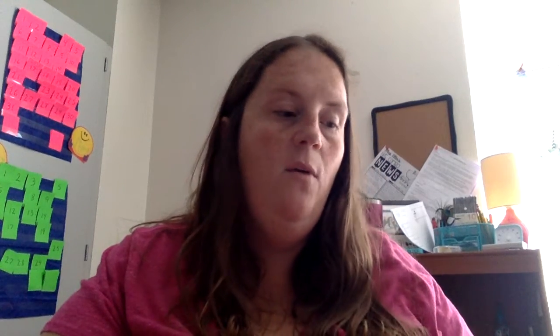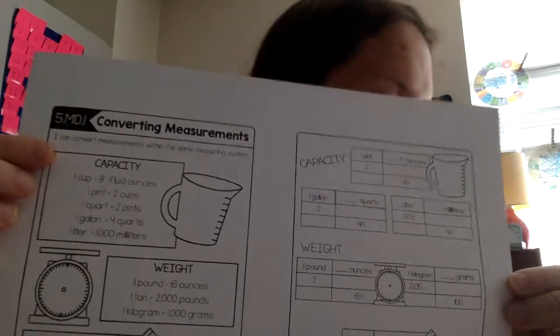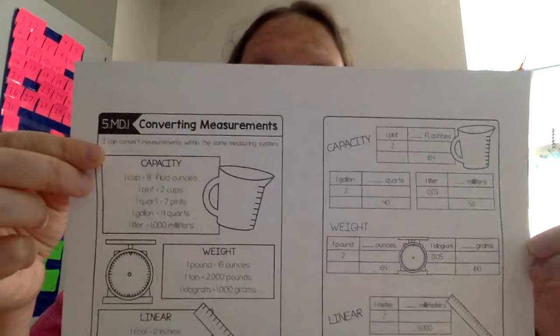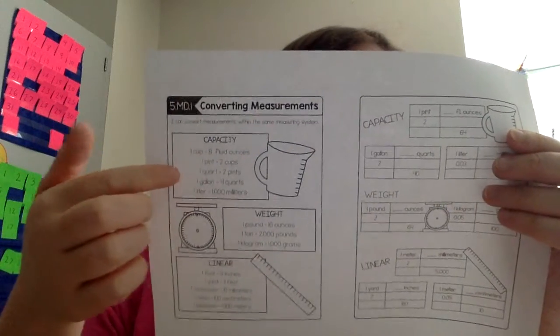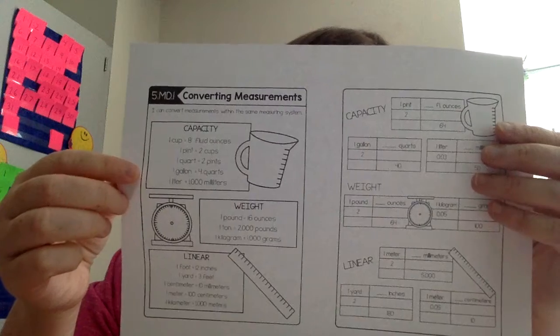All right, boys and girls, today in Notebook Nook, you are going to work on converting measurements. What I'm going to give you, and you will find in the Notebook Nook drawer, is a worksheet that looks like this. You'll see that our I can statement right here says, I can convert measurements with the same meaning. So throughout this unit, we're going to be working with capacity, which is talking about liquid: cups, ounces, pints,